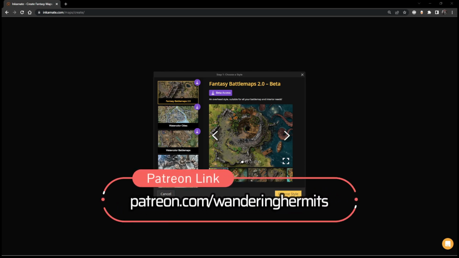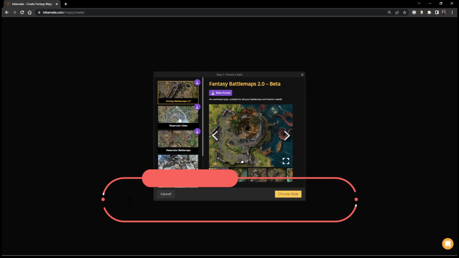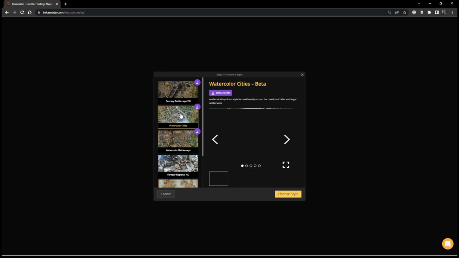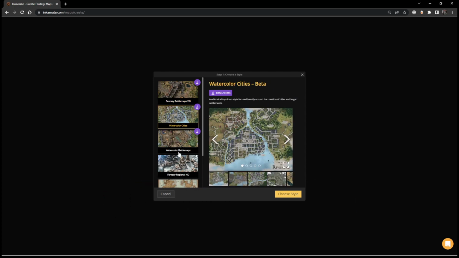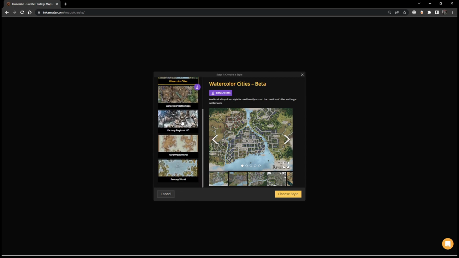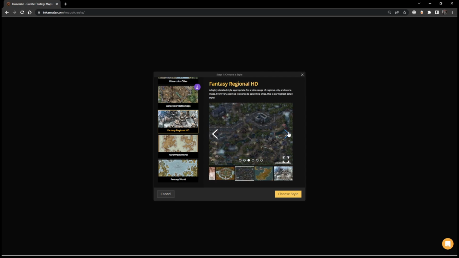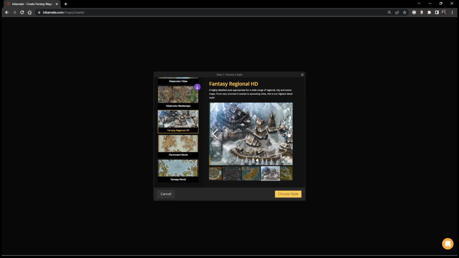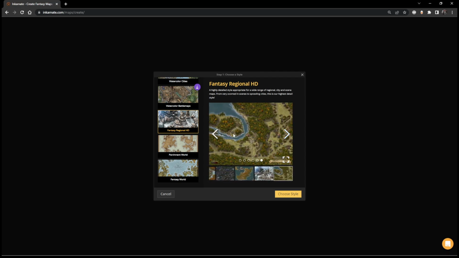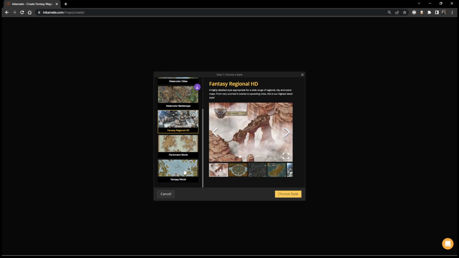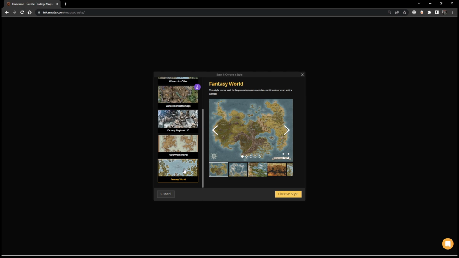Now, there's various different ways that you can make a map because you can do battle maps, you can do watercolor maps and overviews and everything else. And we could, if we wanted to, use the Fantasy Regional HD package, which is used for a lot of different things. But you can also see how it's used for creating world maps as well. But I think for the moment, because I want to show what it's like to build this if you were using like the free program,